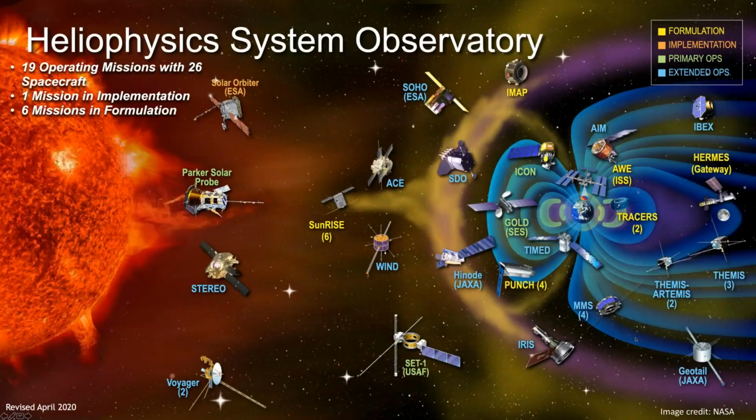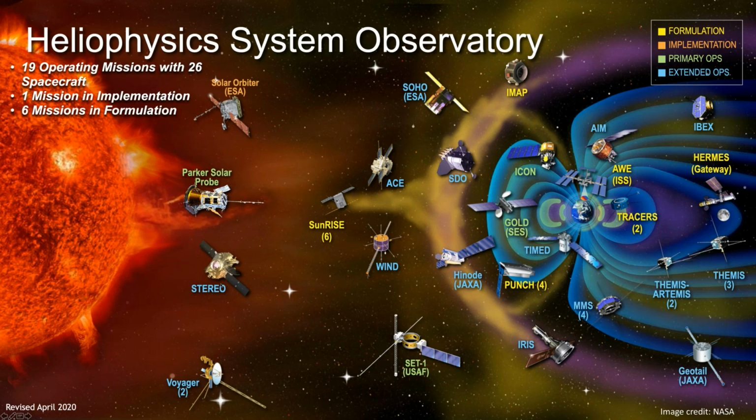So how do we do that? How do we study this environment? Well, we build spacecraft. This is the image I took from the NASA website. It's called the Heliophysics System Observatory. And you can see here a lot of spacecraft that were built and are operated by NASA, but also by other